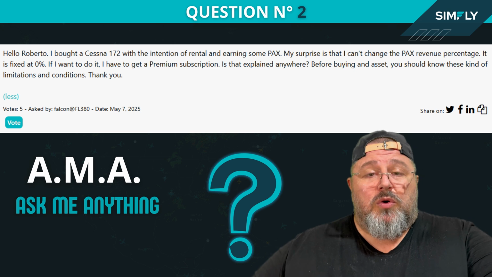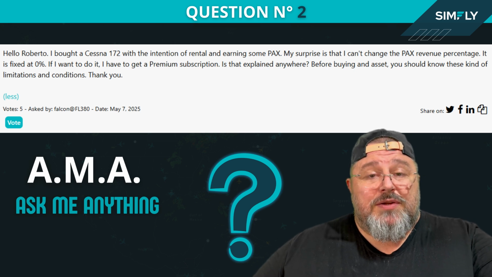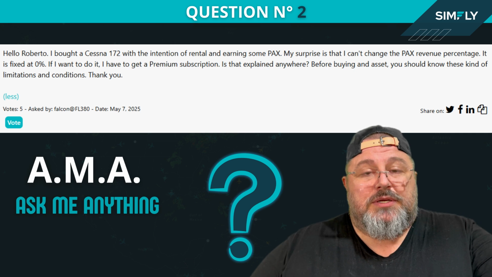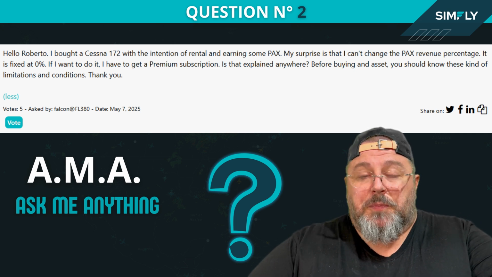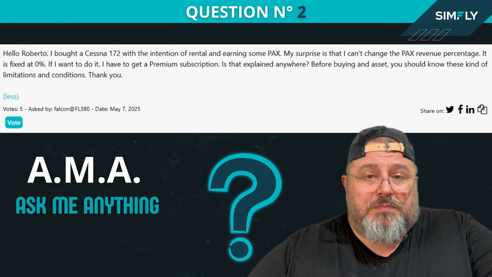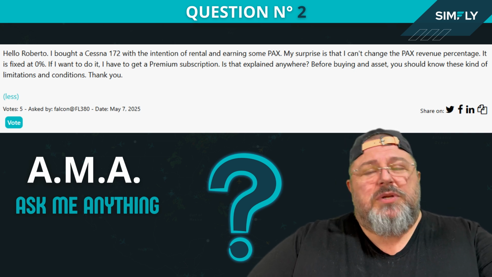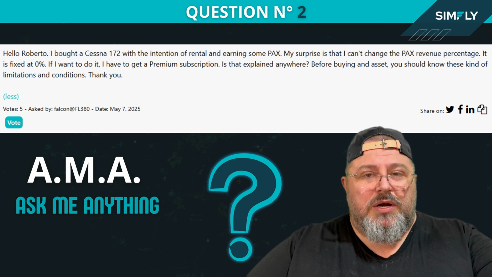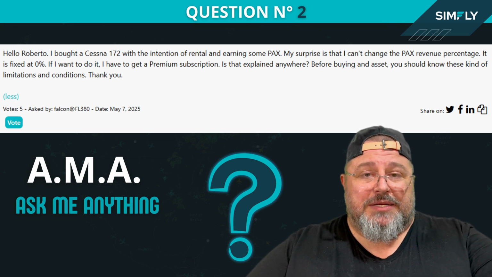Now, if you want to also add the revenue share to the asset, then this at the moment is limited to the premium members. But I think one thing is very important. I keep telling people, the location of where your asset is the key for renting it.